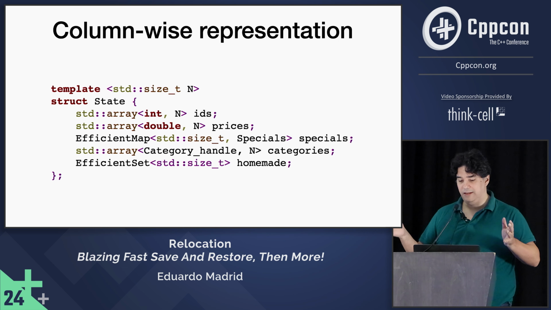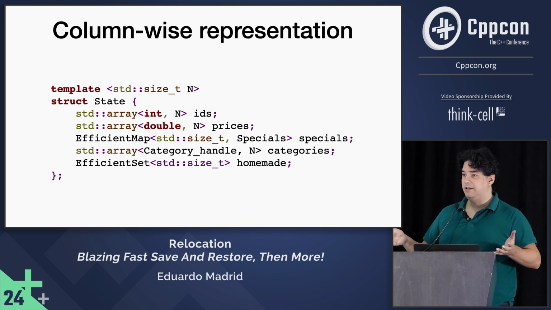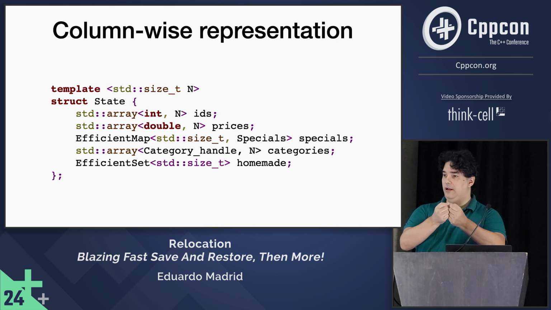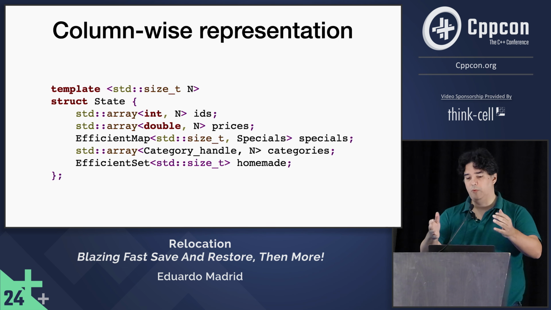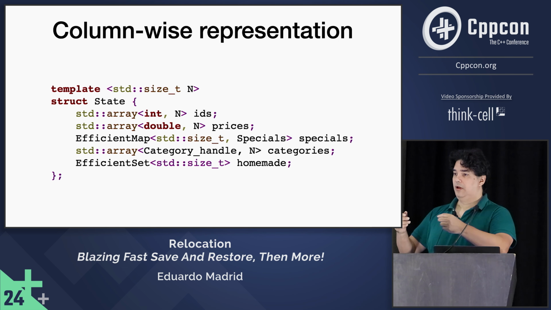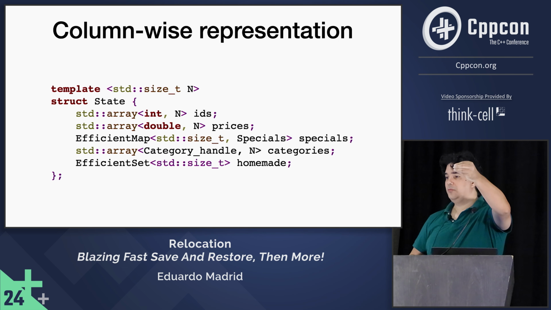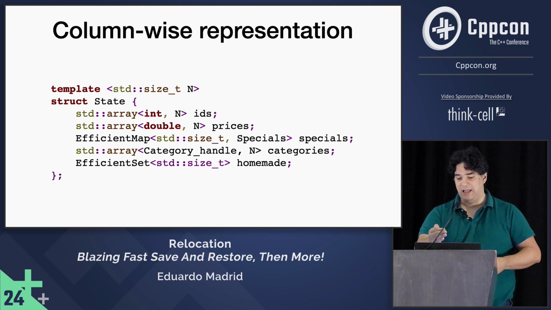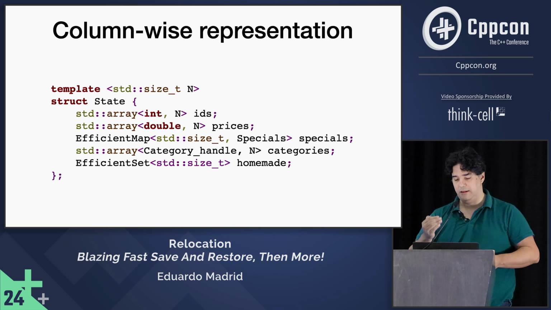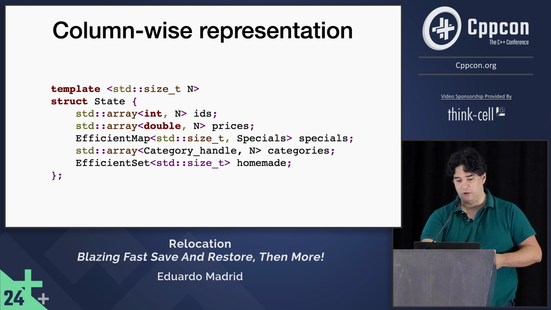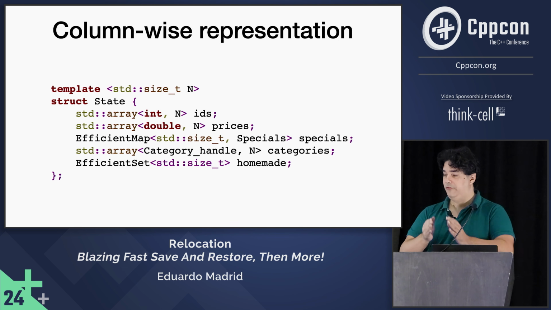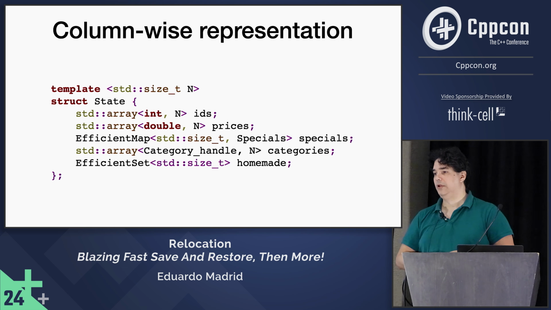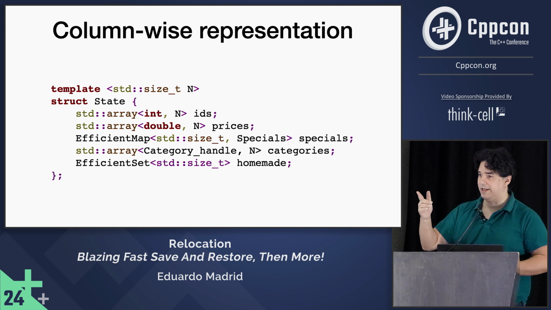If the domains are the integers, if the domain are the indices, then the relation between a scattered or column-wise representation of items and the item, the thing that binds them together, is the index, okay? So all of the things that have the same index in the structure of arrays refer to the same item in this particular example. Does that clarify, or should I try again?